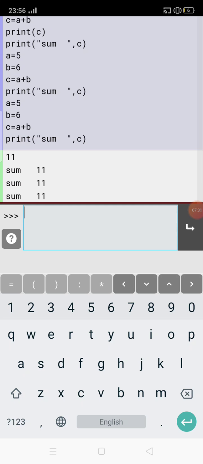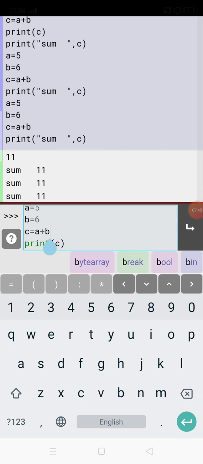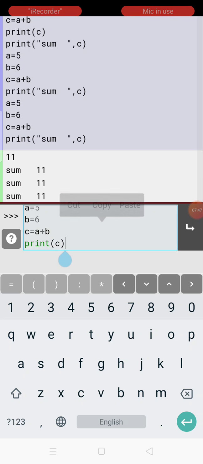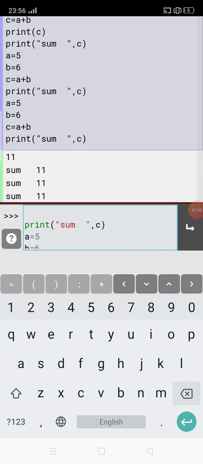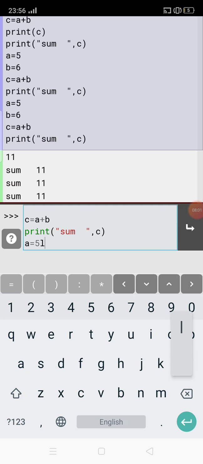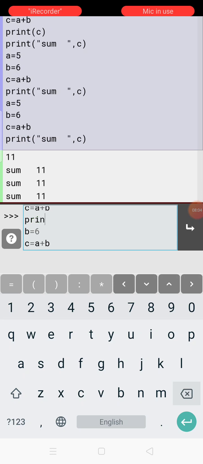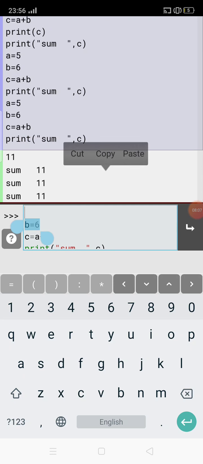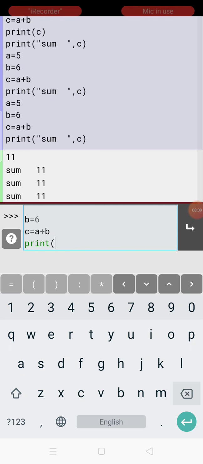If I want to type something new, I can start with the new thing. If I want to do the previous things, I have to select this one. If I want to clear all the things, I can clear it. The more lines are here, so you have to clear everything, otherwise you will get the repeated output over here. If I want to have something new, I have to clear it now. I have to clear all the lines here. I selected it multiple times, so it's displayed as multiple lines.